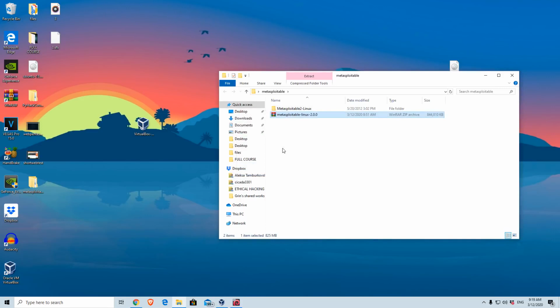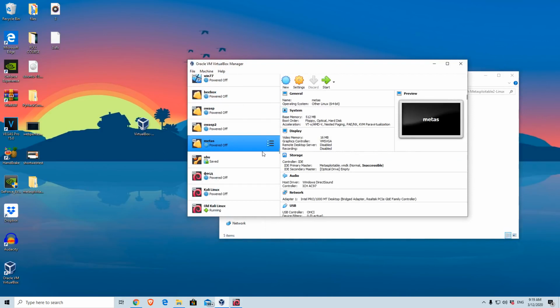Alright, so this is finished. We got this file right here, and you will see a couple of files in which we are interested in this Metasploitable file, which is .vmdk. It is the size of 1.79 gigabytes, and right now we need to open up our VirtualBox. Click on New,